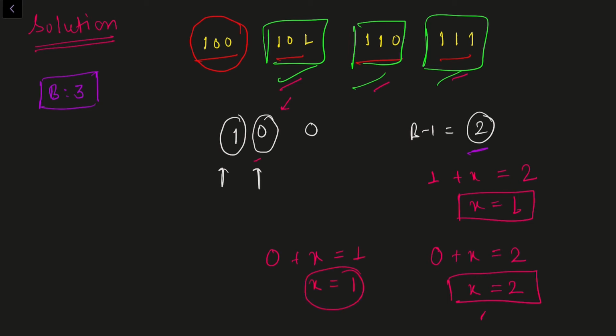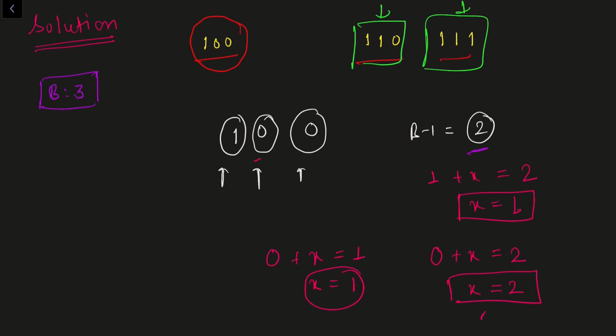Now I'll try to search for a number which has 1 at its second digit. Okay, now out of these 3 candidates I can see that this one and this one have 1 in their second position, right? Now this candidate is also neglected. So now we have two candidates which are maximizing my value currently, right? Since we have two candidates, let's move on to the last digit.